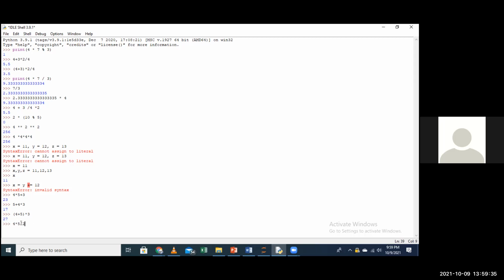We have multiplication and then division, all in one expression. So which one should you compute first? Enter. The answer is 10.0. In short, what it did is 4 multiplied by 5, that is 20, divided by 2, 10.